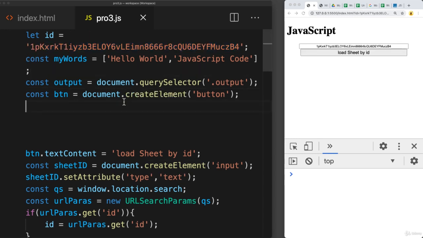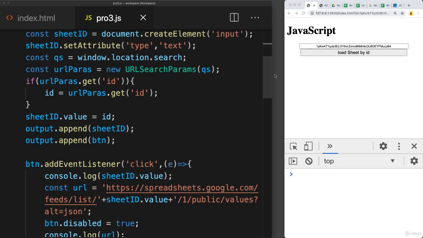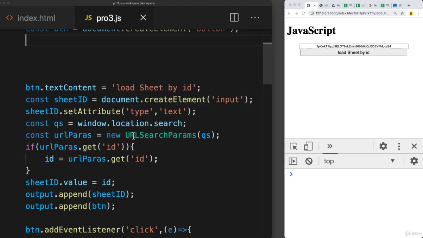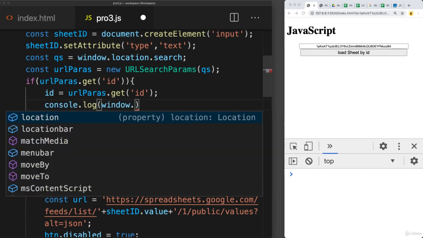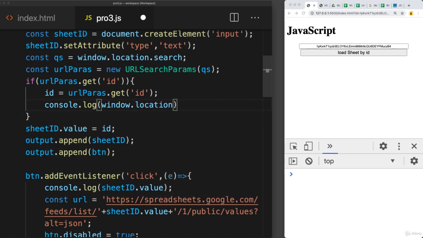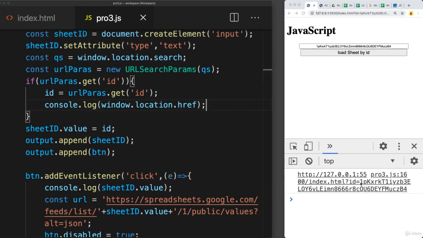So if we do have an ID and if we have populated it, then let's update and add to the output area. We're going to append that this is the web URL. So if we output the window location, and this is a window object, again, is similar to the document object, where it just is a giant JSON file with a lot of different objects and properties and values and also methods that we can access. So selecting the window location, and if we do the href,